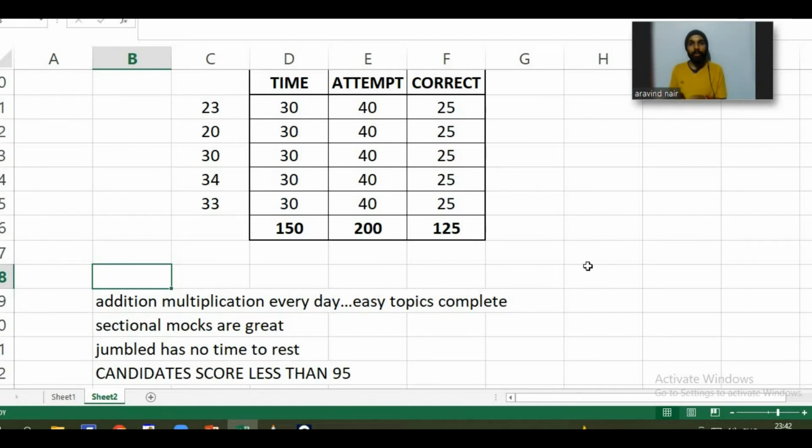This can only be possible if your calculation is faster, and calculation can get faster by doing the simplest of things. Just keep on adding. Let's just say something like 67 into 35, you're multiplying it. What you're doing first is 67 into 5, and then 67 into 3. You put an extra 0 there, but what you're doing is multiplying with a single digit. So basically the entire multiplication happens from 1. With 1 you don't even multiply. You multiply from 2 to 9: 2, 3, 4, 5, 6, 7, 8, 9.